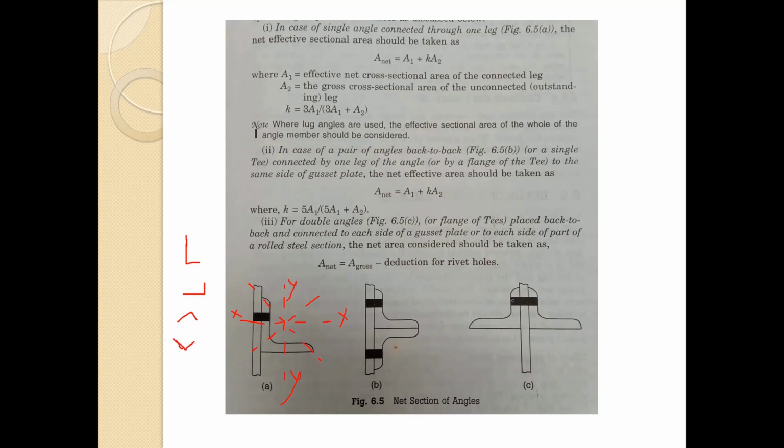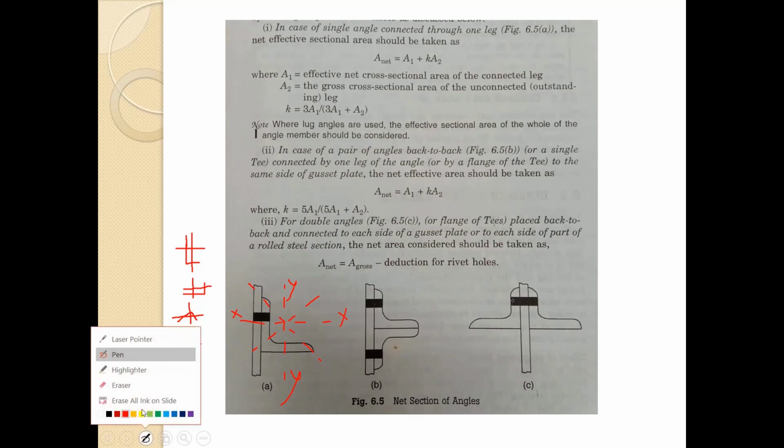So if you observe, this is one axis, this can be another axis, this is the third and fourth axis. Because of this reason we have four axes for the particular angle, and this can bend about any of these axes. So remember, this can bend along any of these axes, so we have to consider all of them.